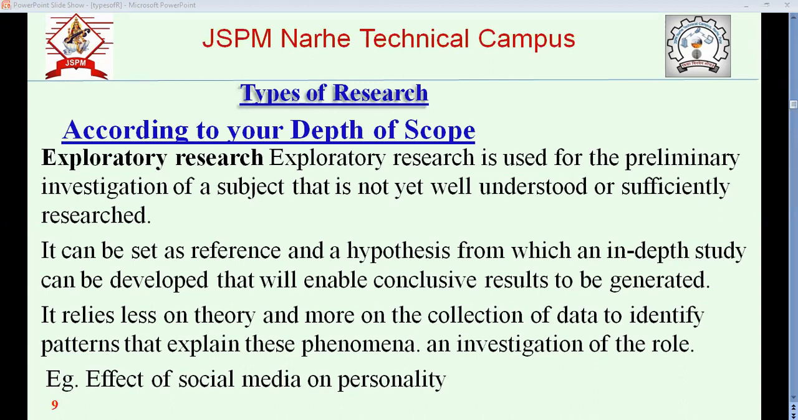The research is called what? Exploratory. When it comes to the next research,